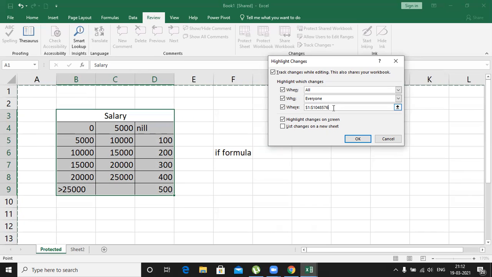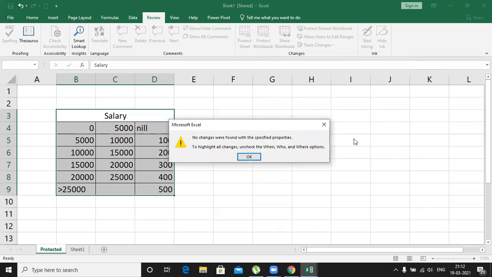Entire rows and columns are affected with track changes. Click OK. And see this, no changes were found with the specified property. To highlight all changes, uncheck the when, who and where options.